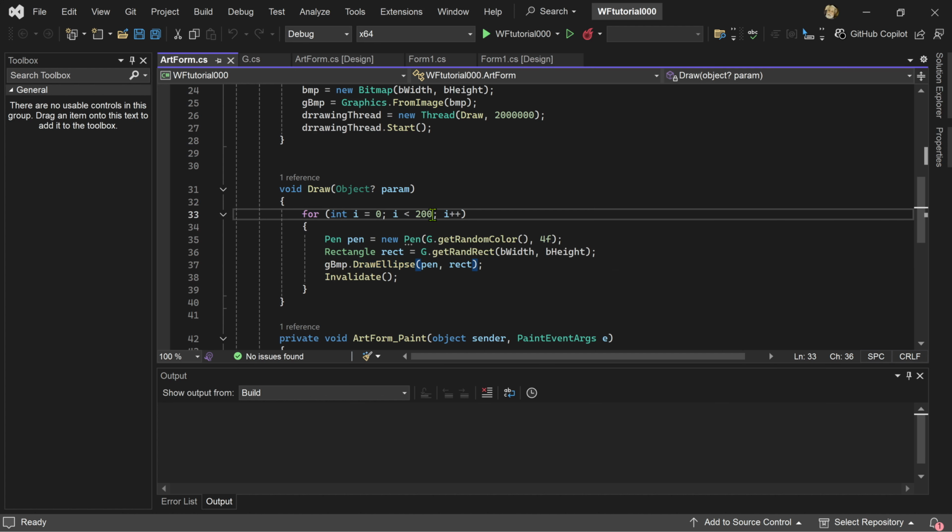To really see how bad it could be, let's say that instead of drawing 200 ellipses, we wanted to do a continuous dynamic artwork. So let's just make this 2 million ellipses. It's going to draw the ellipse 2 million times. And now if we run this,